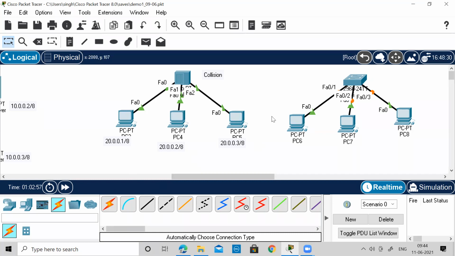If it sees that two people are trying to communicate with a third person, it will put the frames not together but one by one. It will keep the frames in a queue and put them one by one. That is why there is no collision on a switch. However, a hub does not have any intelligence. What do I mean by that?